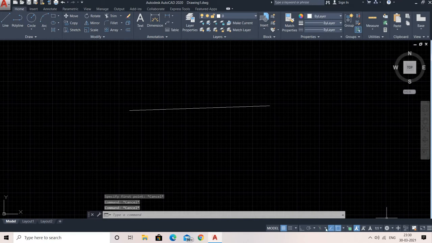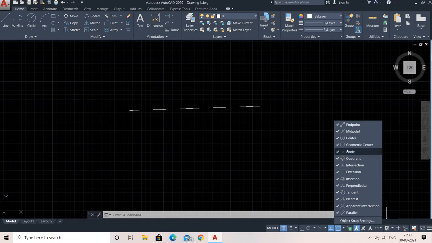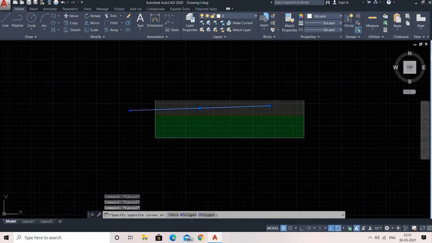You can see it over here. Yes, this one. As you can see, this is endpoint and this is midpoint. If you untick endpoint, the line's endpoints, this corner and that corner, won't appear. If you have unticked midpoint also, then the middle one won't come. For that, you need to tick all of these so you can get it from there, right? Now delete it.